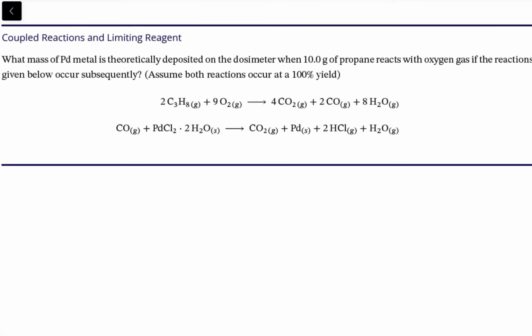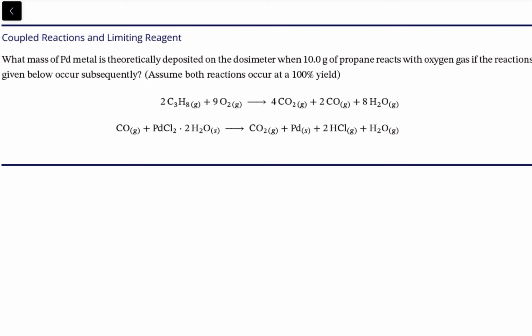Hello everyone. I want to look in this example at the idea of so-called coupled reactions and linking that to limiting reagents. What coupled reactions are is that one reaction happens and forms some product, and then that product is used in a subsequent reaction. Hence the second reaction can only occur, and its masses and yields are dictated by what happens